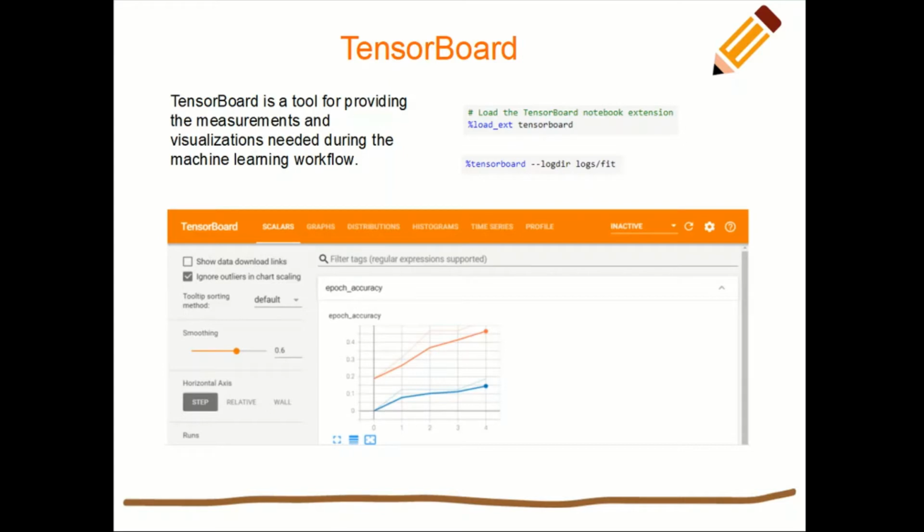Whatever model we are creating, we can visualize that model and see it in TensorBoard. Especially if the models are complex and have multiple inputs, outputs and multiple layers, visualizing a computation graph in TensorBoard really helps. And how did the key metrics change while training? For example, accuracy, how did it progress from epoch to epoch? That is something which we would definitely like to see.